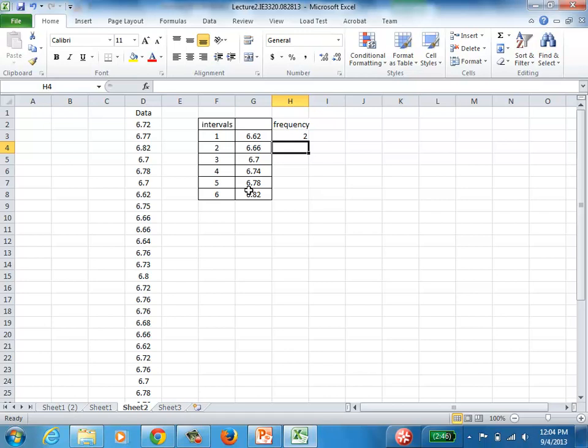Everybody was able to get the 2? Because what we're going to do next is a little more complicated. If you're familiar with Excel, what you will try to do next is to extend that cell, but that will not work. What you need to do with this formula is to